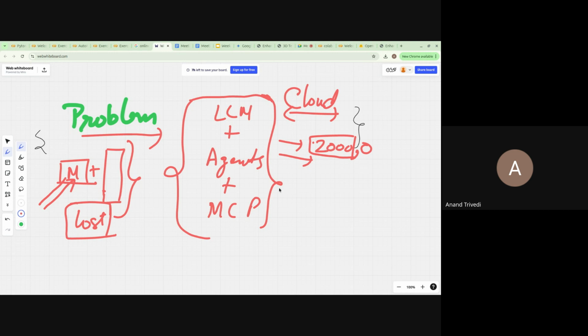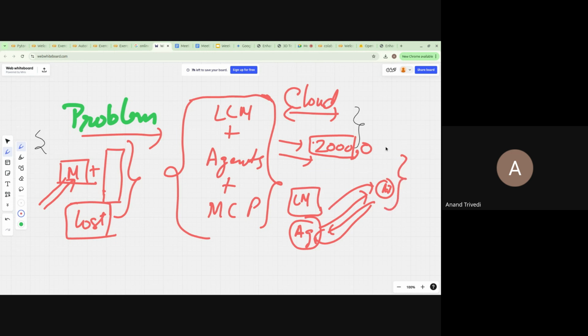But just imagine what these cloud providers want you to do. They want you to have an AI model, an LLM, and then agents, and these agents are regularly hitting your cloud AI model. They hit, they fail, they hit again, they fail again, and then they are able to solve something out of it. At the end of the day, you end up hitting 10,000 calls to your AI in one day itself.